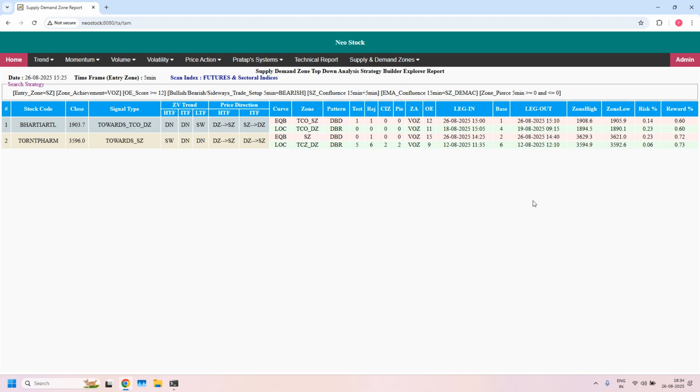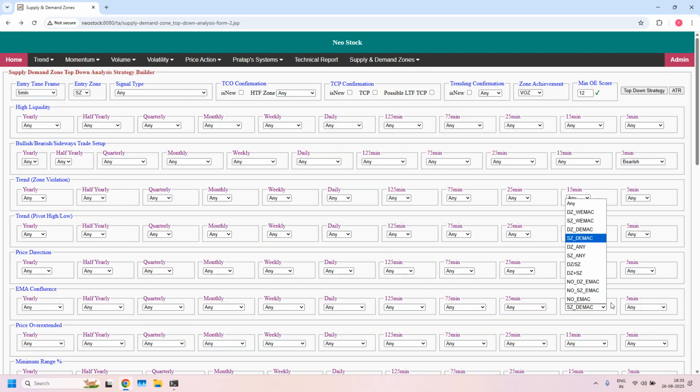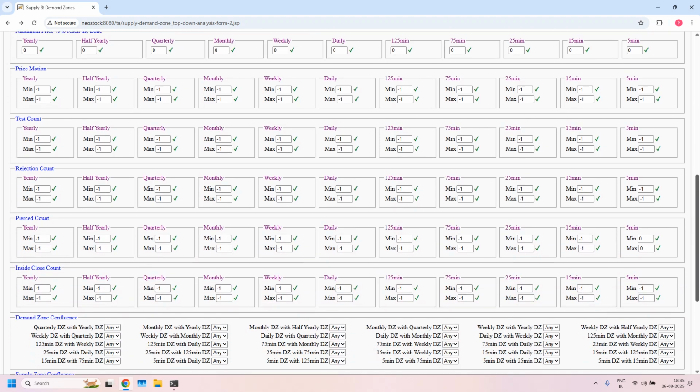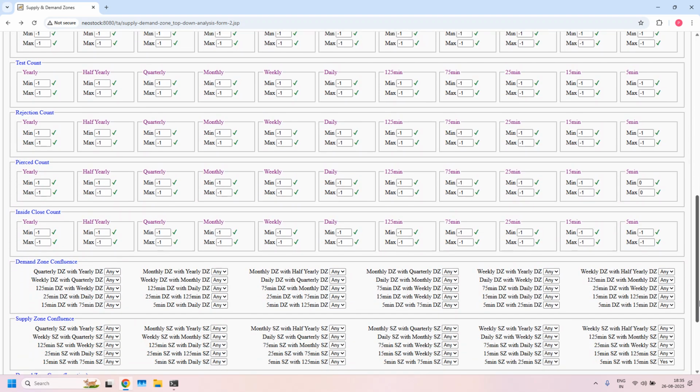Okay, next. LTF, ITF, HTF supply zone confluence, let us filter. Removing the EMA filter, for supply zone confluence, 3 filters we have to set. The first filter is already enabled. Next, 5 minutes and 75 minutes. Next, 15 minutes and 75 minutes. With all the 3 filters,